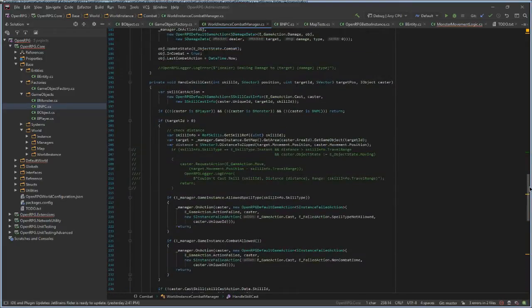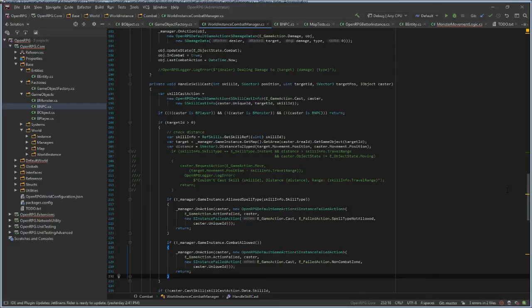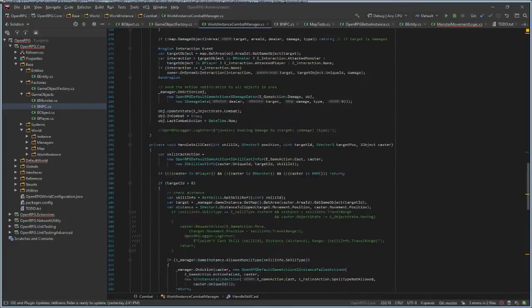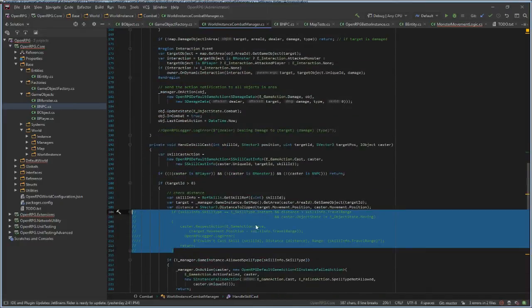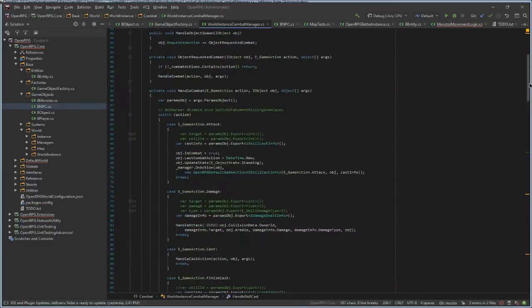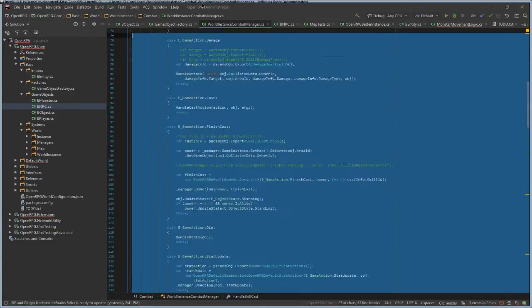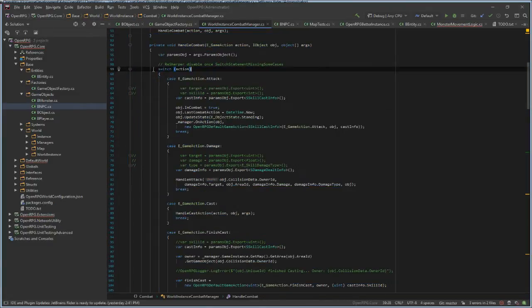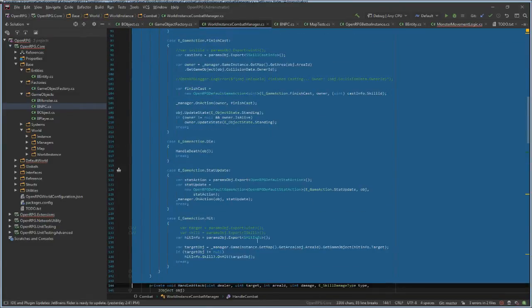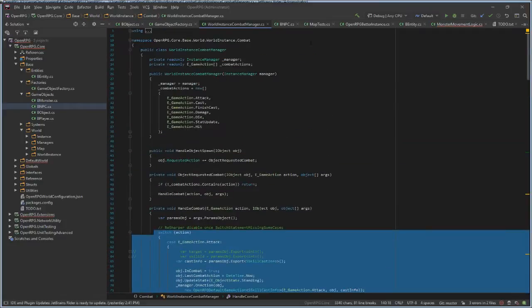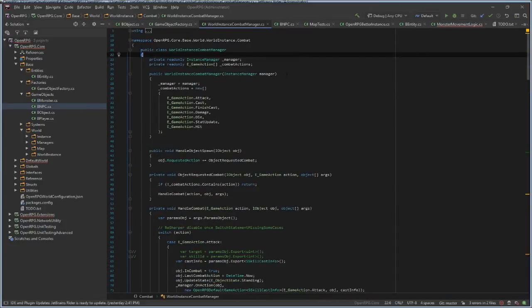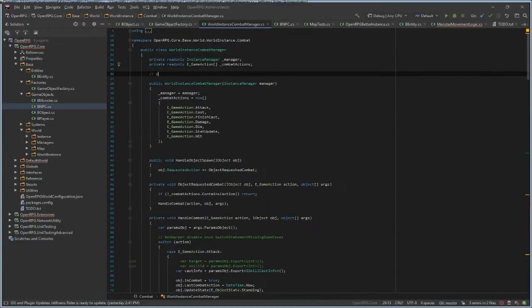So at some point I will have to refactor this function as well, and remove all switches. I need to get rid of all of this. Maybe make something like a dictionary, something like this. Game action.